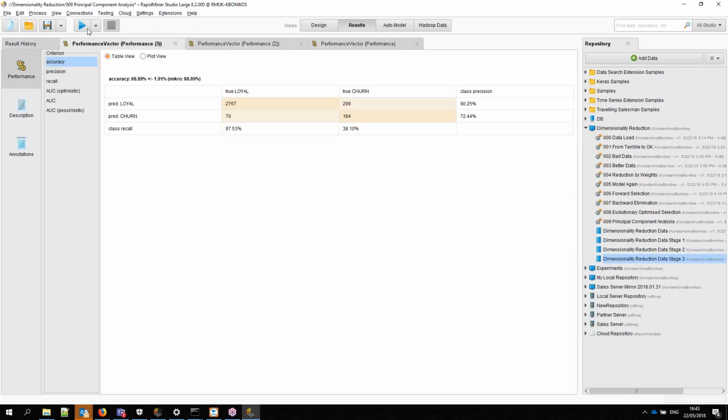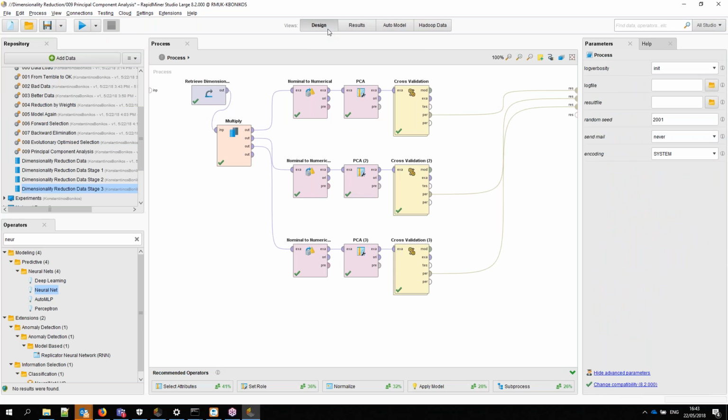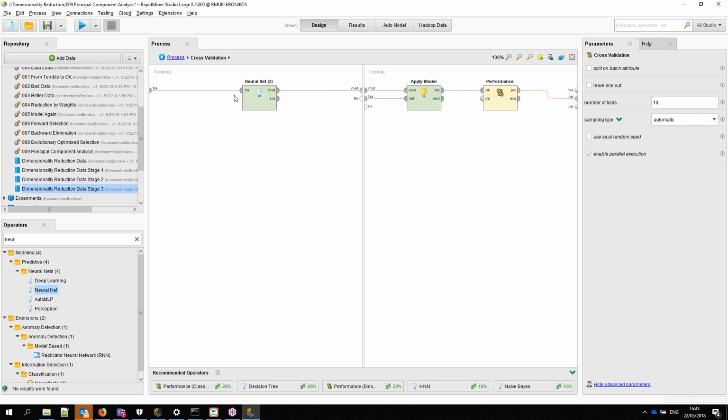So it almost took twice the amount of time. But it gave us a lot better performance. So, okay, you can't always win. Maybe we should have stopped at backward elimination, but then I wouldn't have the opportunity to teach you these techniques. So I'm going to go back to this one and